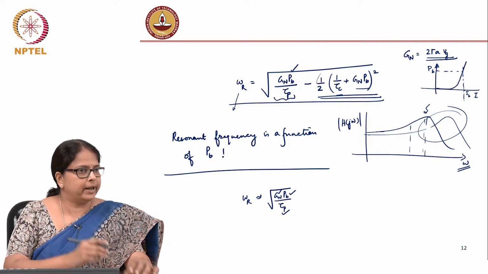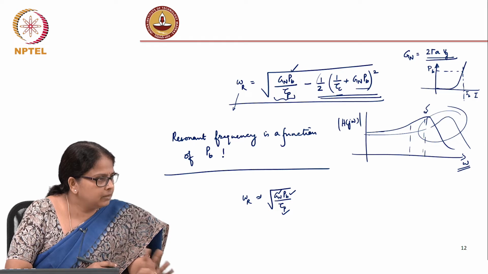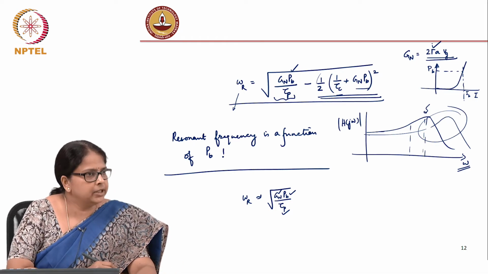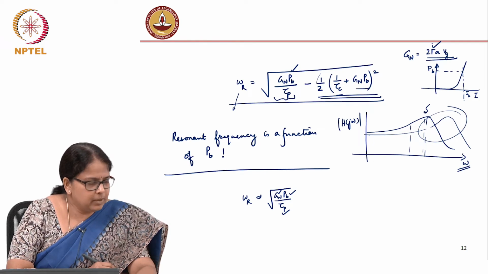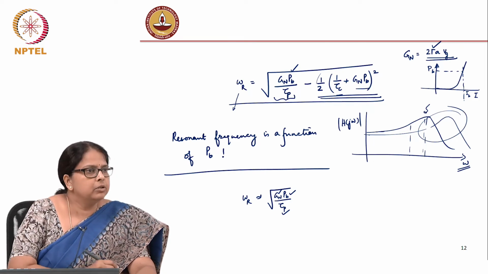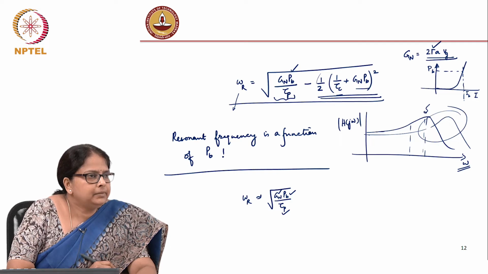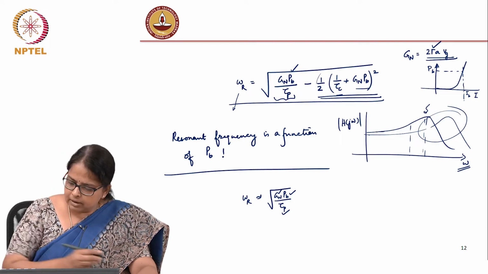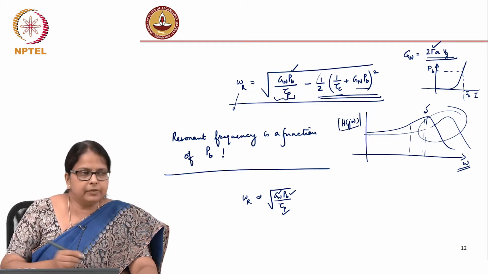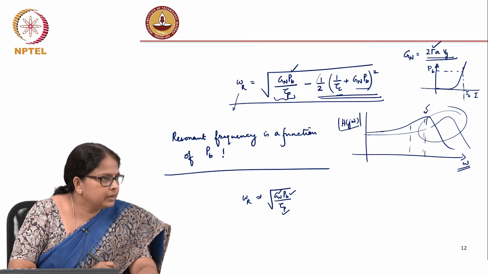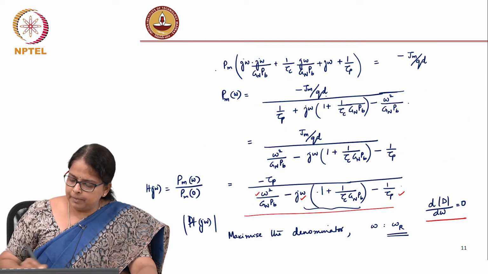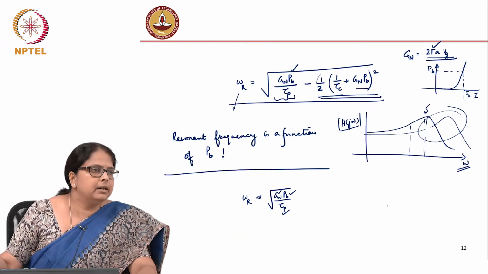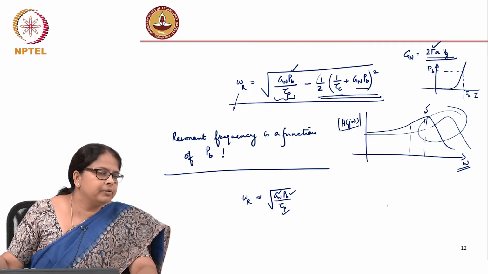So, once you made your cavity, tau p is fixed, R1 R2 is fixed, tau p is fixed. You made your cavity, your material is fixed, Gn is fixed, which means your resonant frequency is proportional to Pb. Now, is having this resonant frequency good or bad for the system? For that you should know how the response of h of j omega looks like. Okay. So, it turns out that if you plot this mod of h of j omega for reasonable numbers of typical semiconductor lasers,